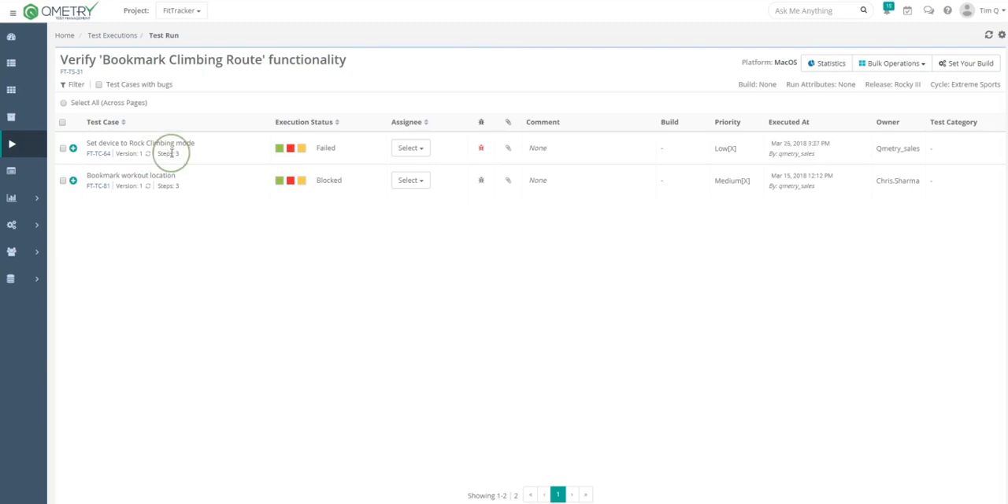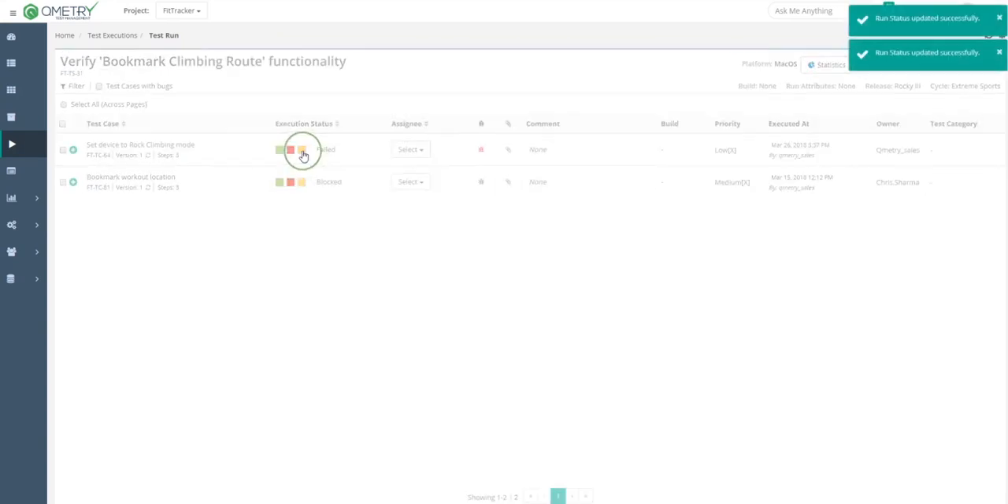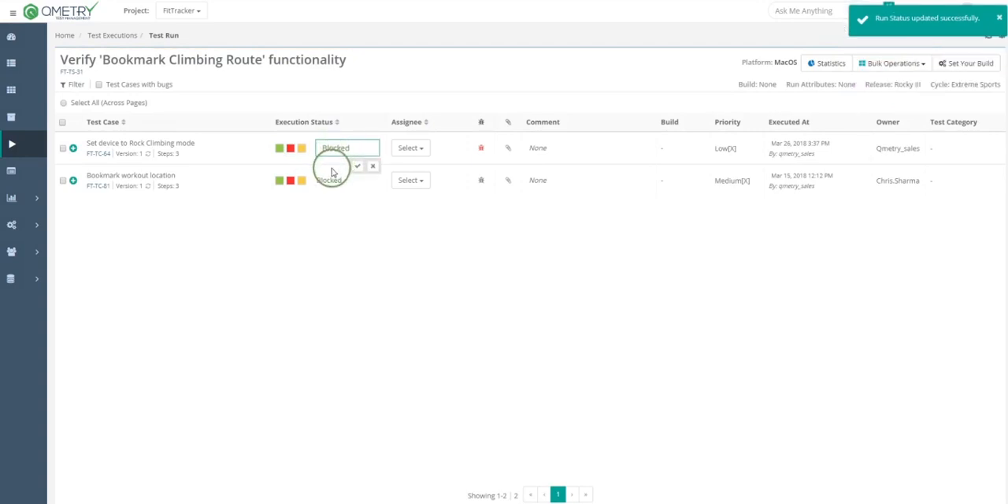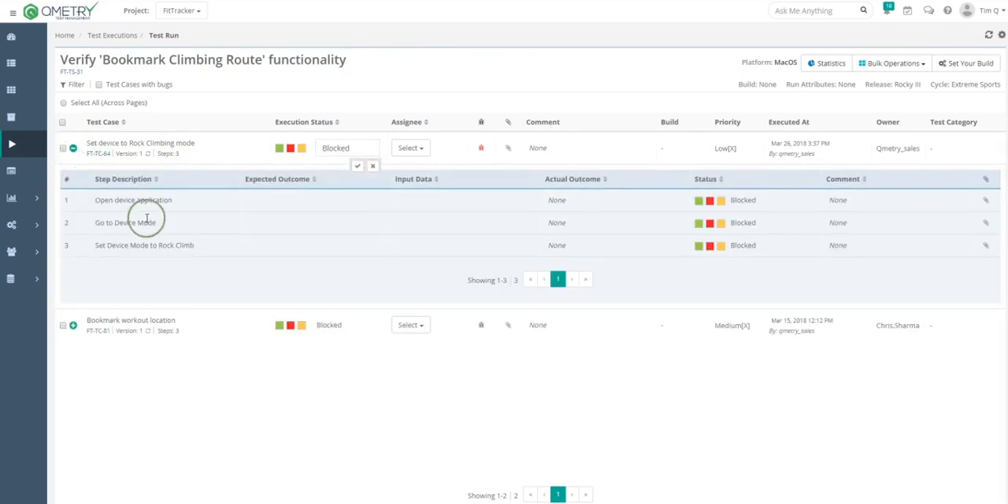test case. For each test case, you can update its test case level execution status using these color blocks, which represent passed, failed, or blocked. Or you can select any other default or custom execution status using this drop-down menu. Now, if you wanted to create custom execution statuses and modify their order of priority, you can go to our customization and settings video. So each test case expands to show its test step details, such as its step description,